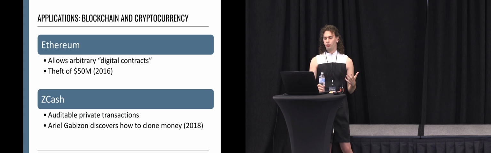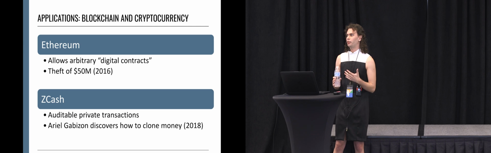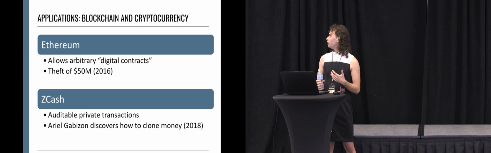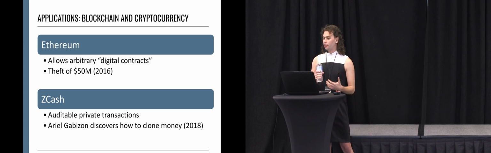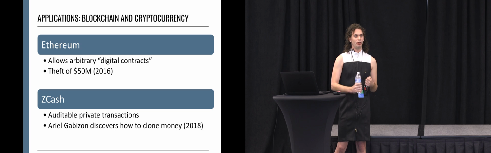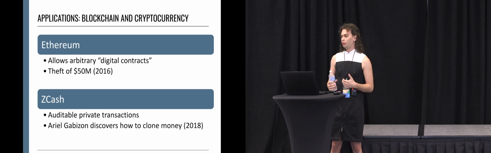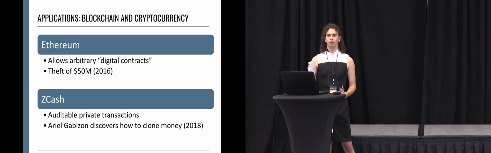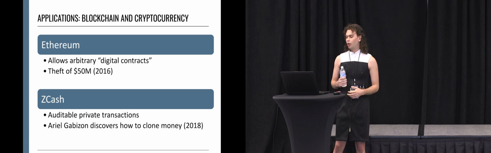Zcash is another blockchain. This time its orientation is more towards allowing private but still verifiable computation, where their key idea is that they want individuals to be able to have person-to-person private transactions that are not disclosed to any party, but at the same time be able to comply with anti-money laundering laws, tax regulations, and things like that.